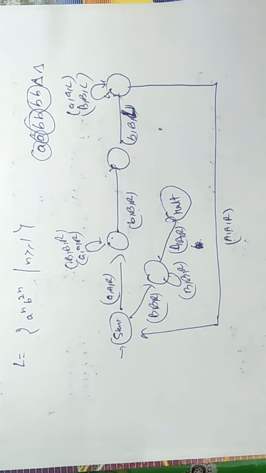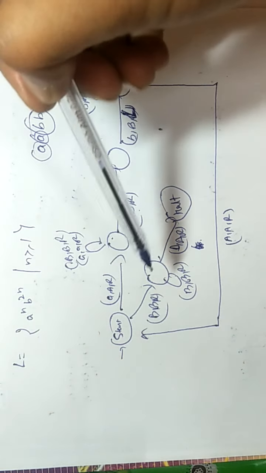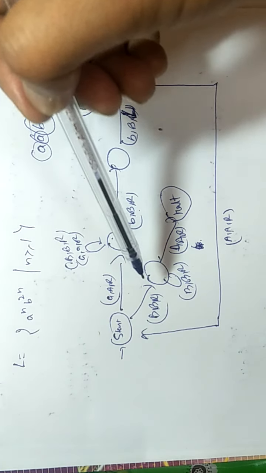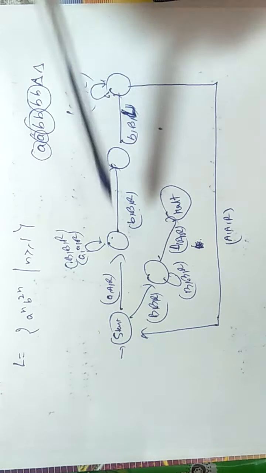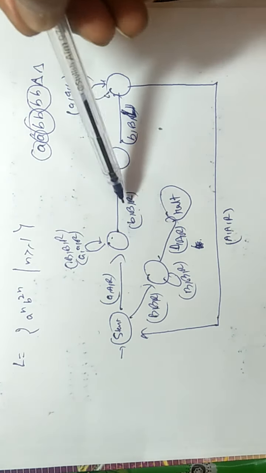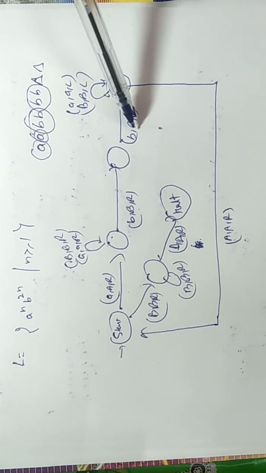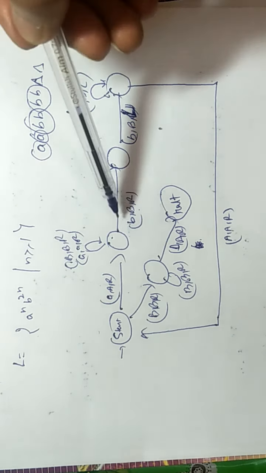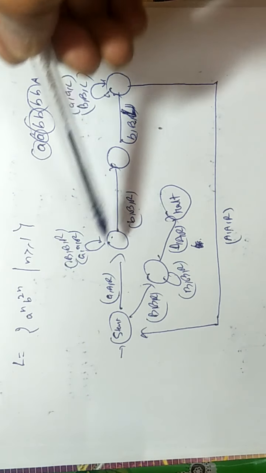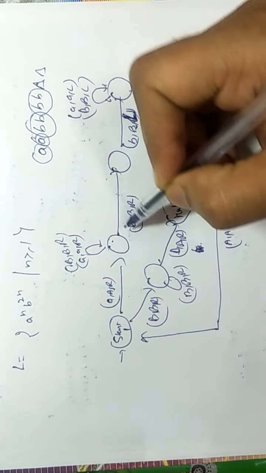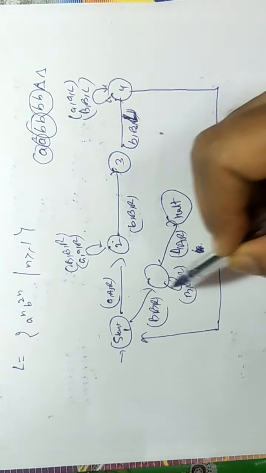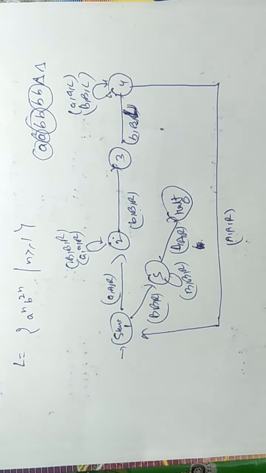So in this way you will move to the halt state, and you can make two transitions here for capital B, but one is enough, because if you get one capital B, it means that there is one more capital B here. If you get one capital B, it means that you are getting two capital B, one here and one here, and one capital A. So in this way you can design Turing machine for a raised to power n, b raised to power 2n. This is start state 1, 2, 3, 4, 5, 6.